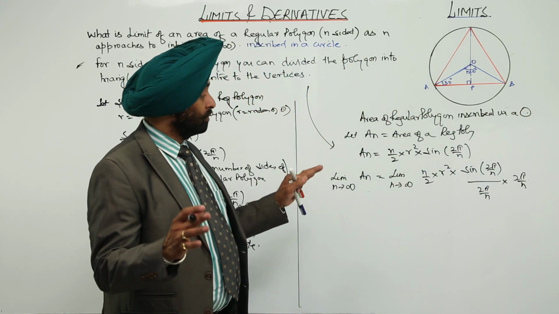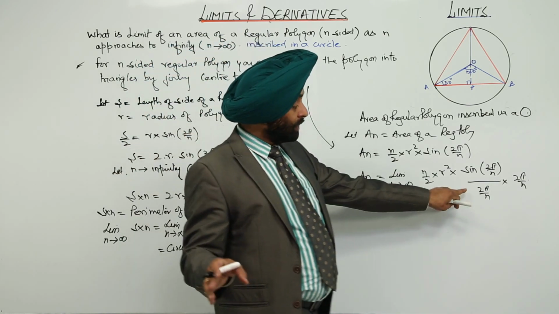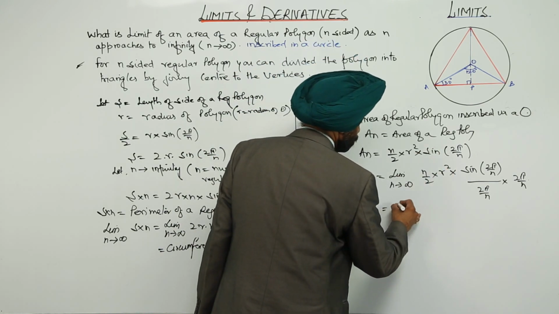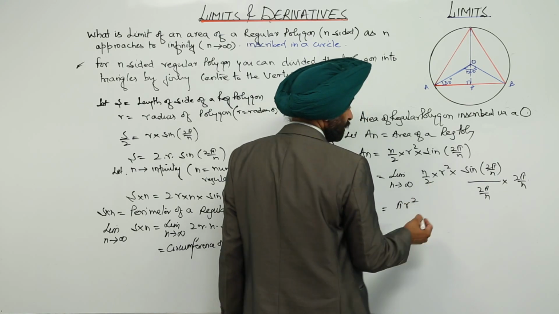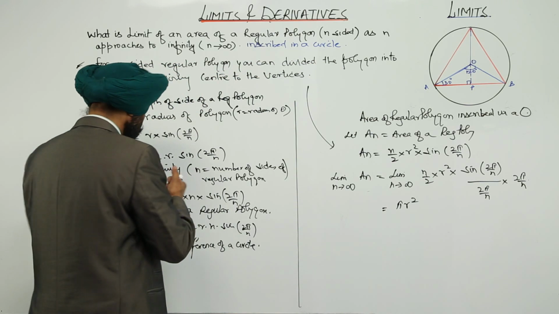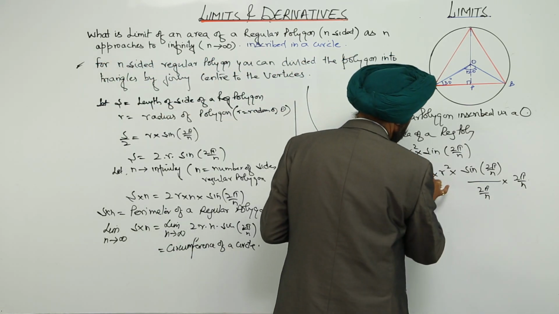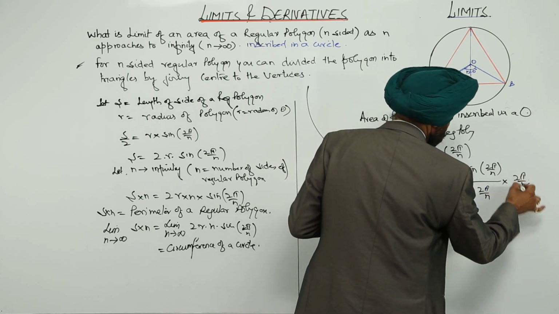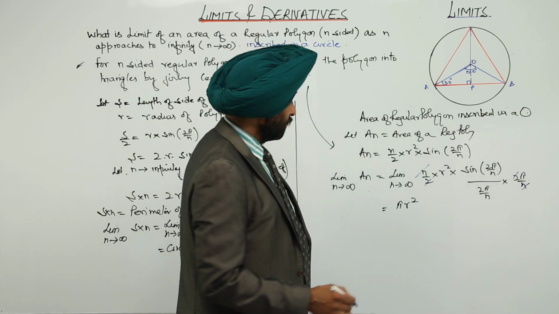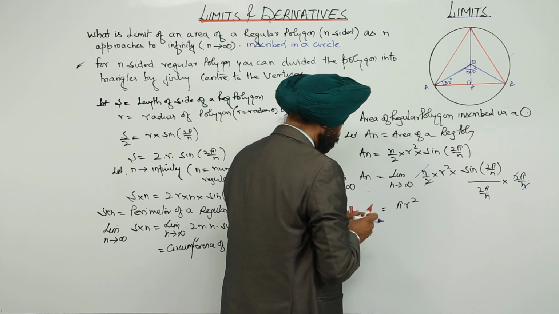Multiplying and dividing by this thing. Now what is the use? I am going to tell you why I have taken all these things. Now this becomes pi r square, n and n cancel, 2 cancels with this one, and we are left with pi r square